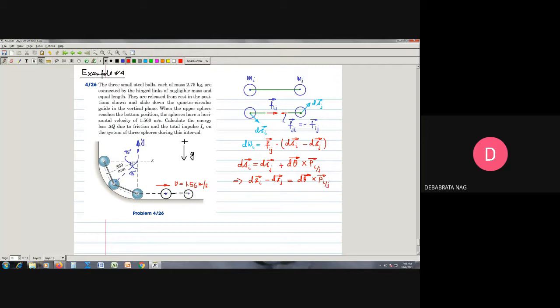And for the plane motion, we know that if we see what will be the relative displacement, we note that if this is the displacement ds bar i, ds bar j, then we can say that this is d theta bar cross rho bar i relative to j. This d theta bar is perpendicular to this, because the angular velocity is going to be perpendicular to the relative position vector between these two. So it is quite natural that when I take the cross product, the direction of this cross product will be something like